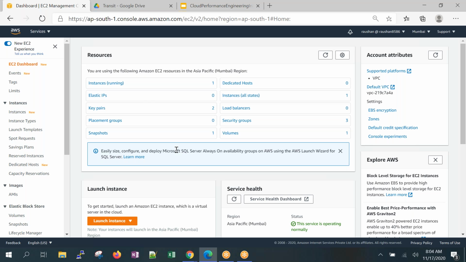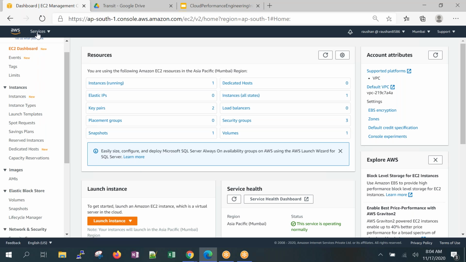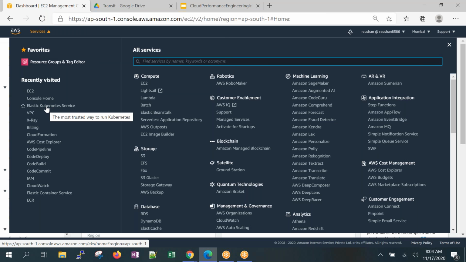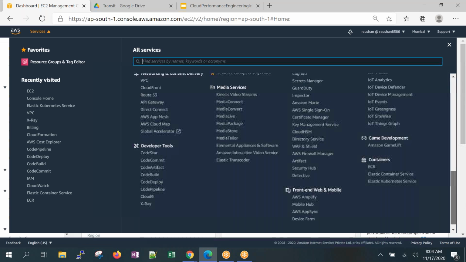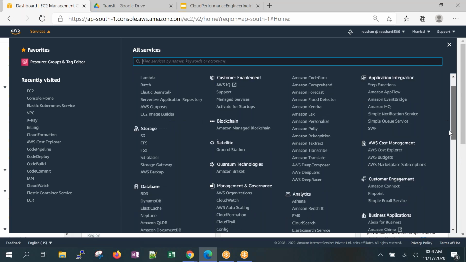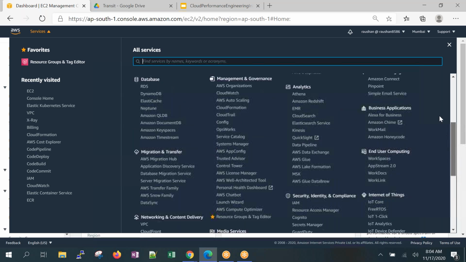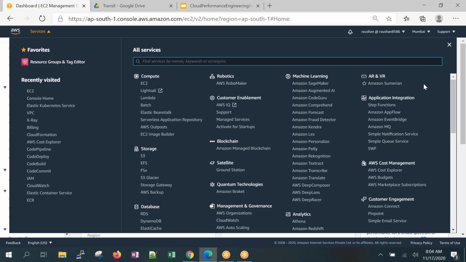Access security list, NACL. So we're gonna talk about all the things here. We're gonna talk about Kubernetes, EKS, VPC, X-Ray, CloudFormation. So these are the services here. We cannot cover the entire thing. It's an ocean. But we're gonna take things which are very important and relevant to our performance engineering point of